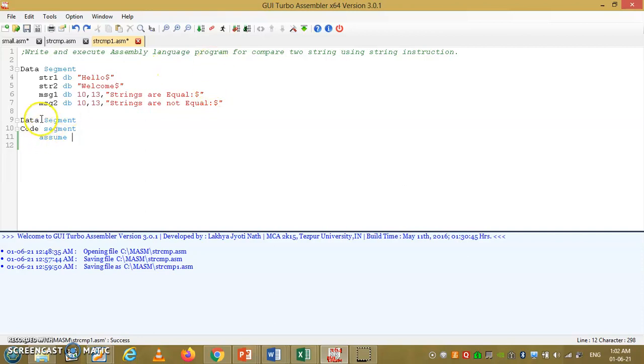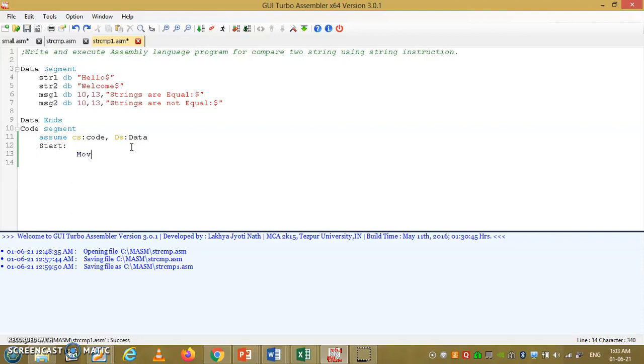In this code segment, the segment and ends assembly directives were already discussed theoretically. Assume the name given for the code, that is the code name is given. For the data segment the name given is data. So here we are going to start the actual coding of our program.